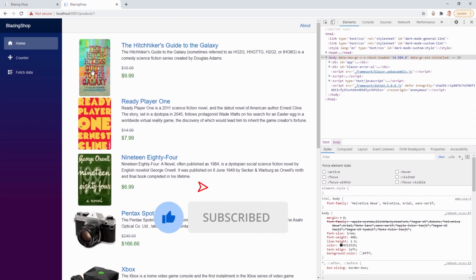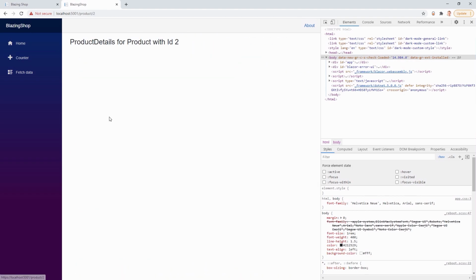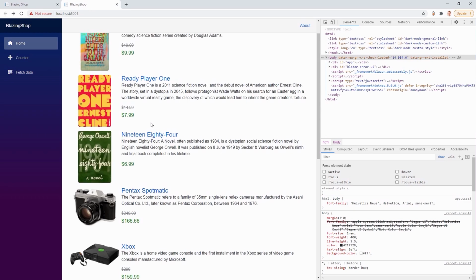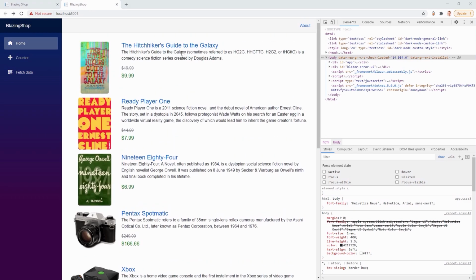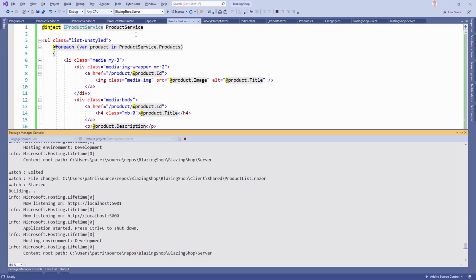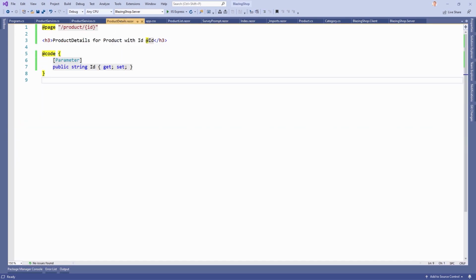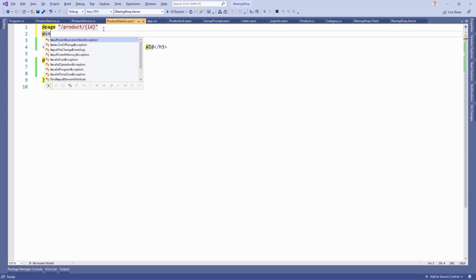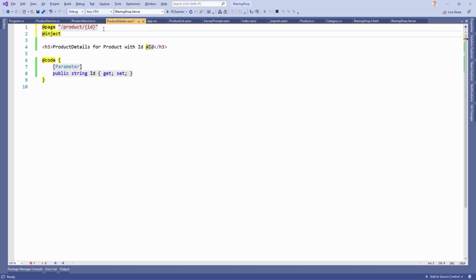That's great, but still we can click a product and only see this title here. So we have to modify the product details component now, of course. So let's do this now. We go to ProductDetails.razor. Now the first thing we have to do here is receiving the actual product, right? So for that, again, we need the product service, as I already told you a bunch of times. And we inject this thing again with ProductService,